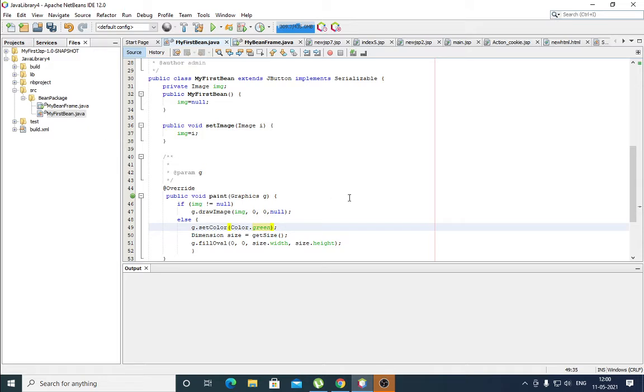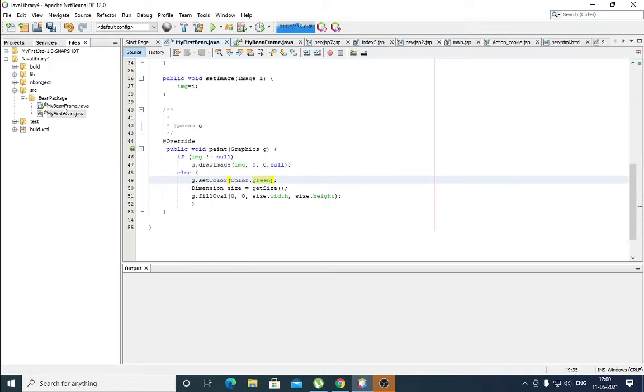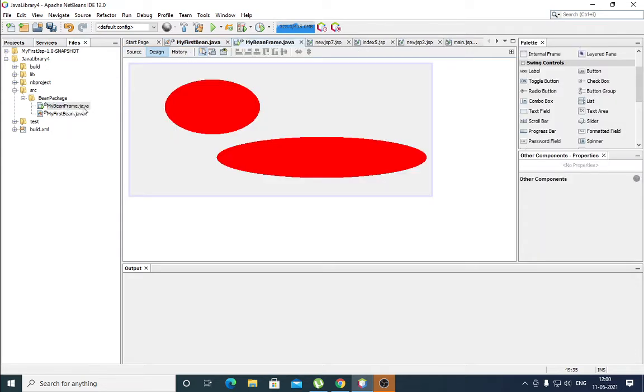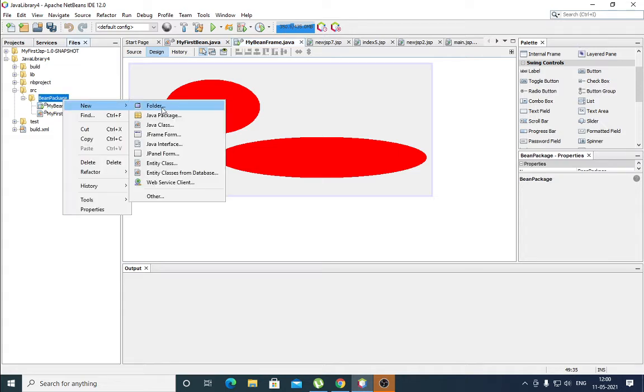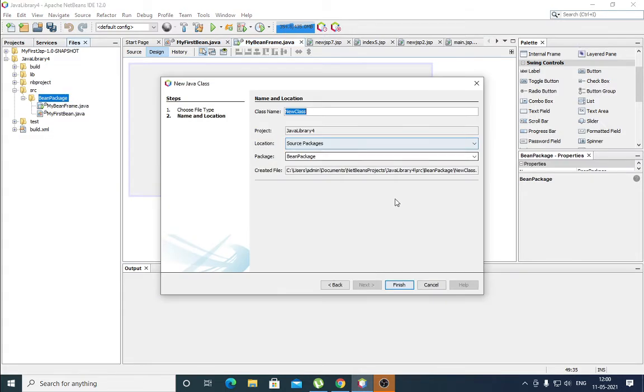And for testing of that, we have to create one new class with a new frame, that is MyBeanFrame.java. And after creating this bean, we have to use it. Suppose I have created a new Java class, my second bean.